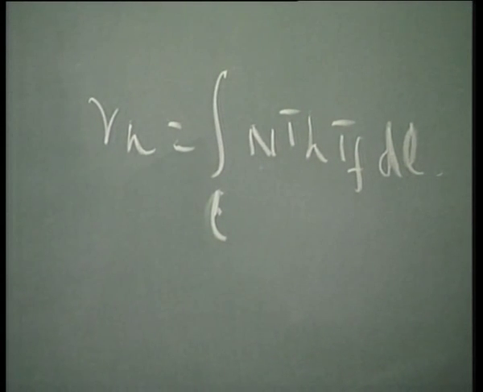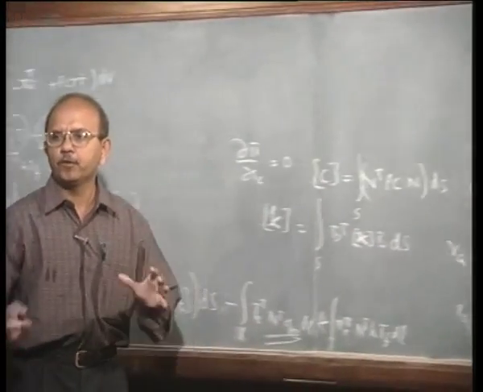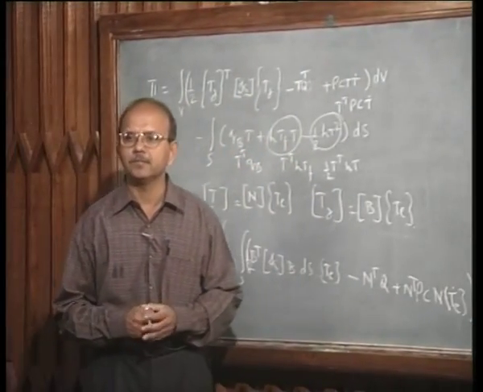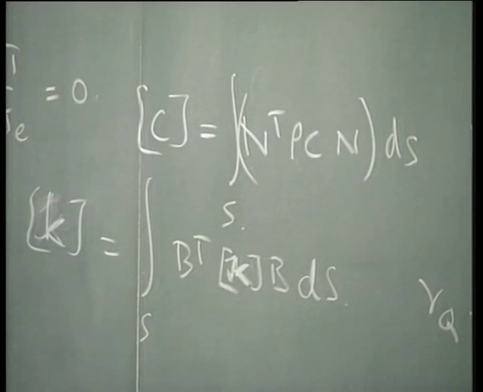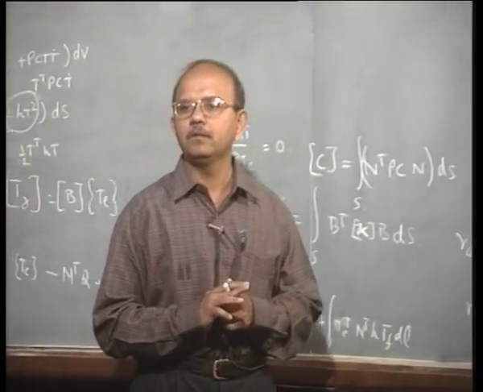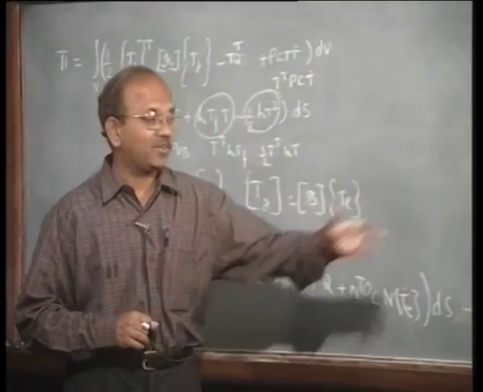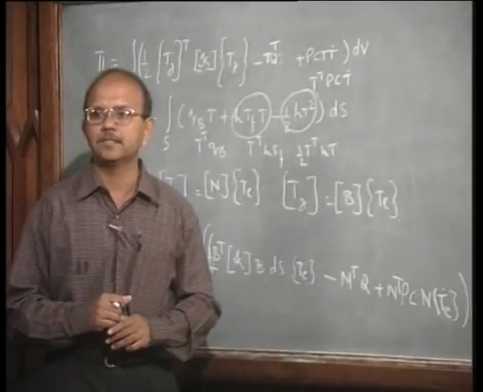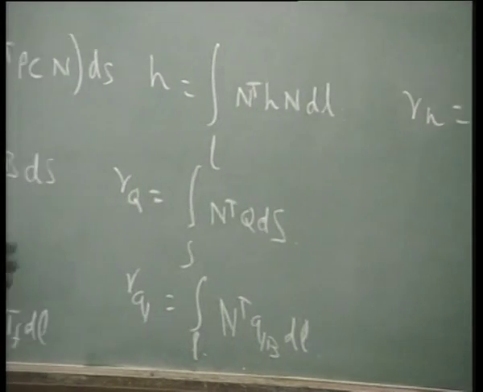Have a look at all these terms for a minute: term number 1, 2, 3, 4, 5, 6. Before we go further, we will interpret each of these terms from our knowledge. Obviously, all these terms are going to enter my ultimate equation to solve the final heat transfer problem. In fact, you can write it straight away. I am going to do that next step. But this matrix is something like the stiffness matrix.